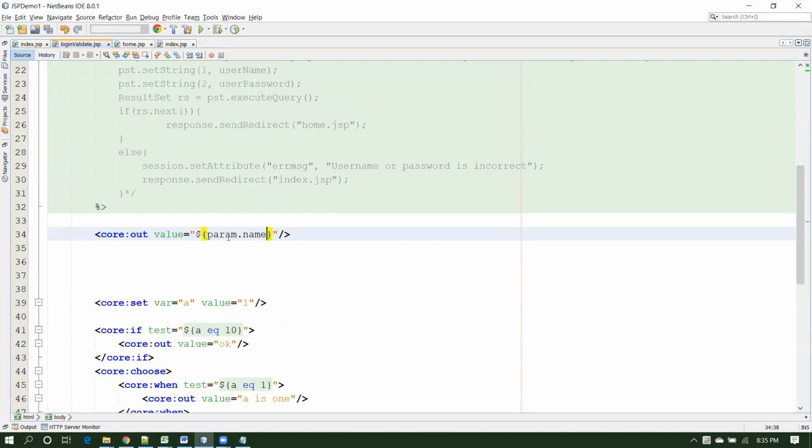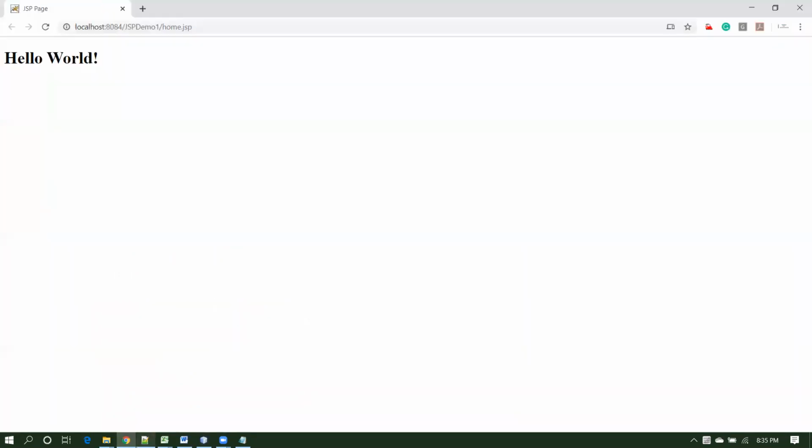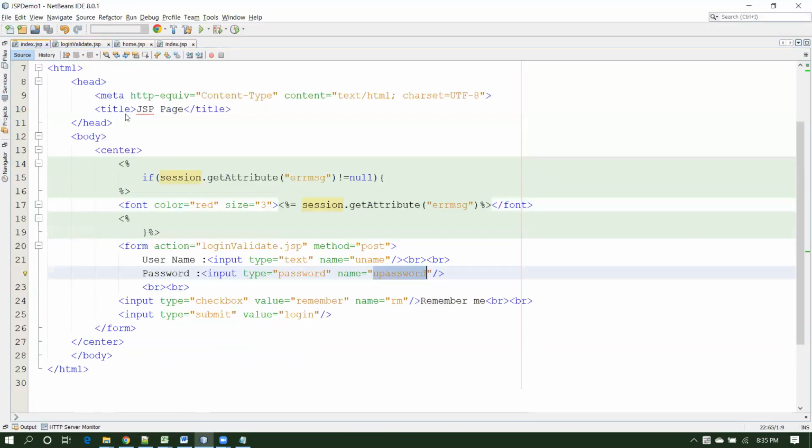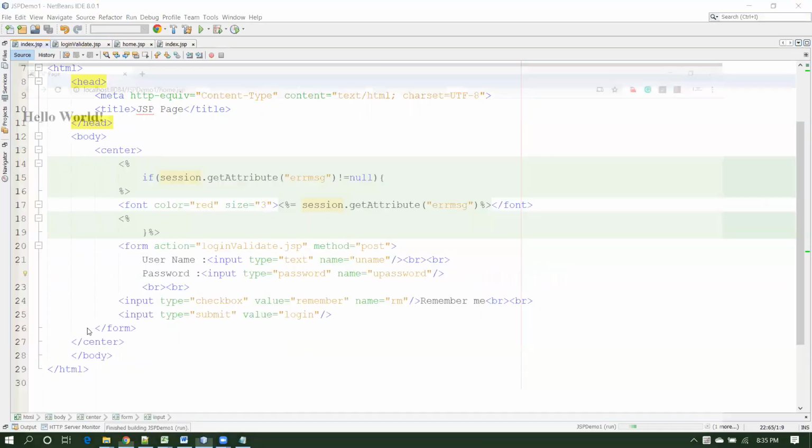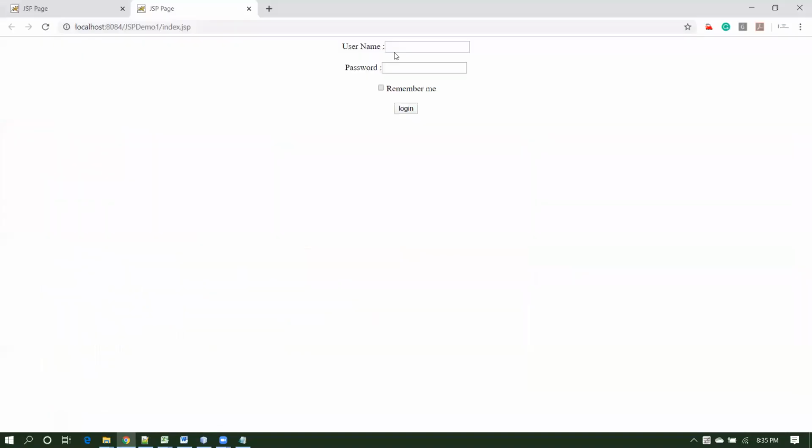To represent that object we have param and the name of that parameter. So look at here, if I execute this index.jsp, run, and if I provide some value into it, for example admin,